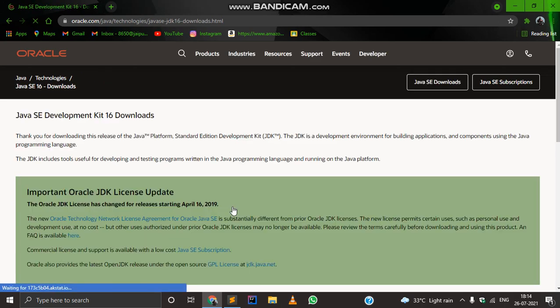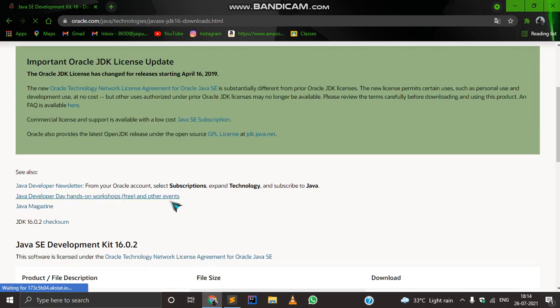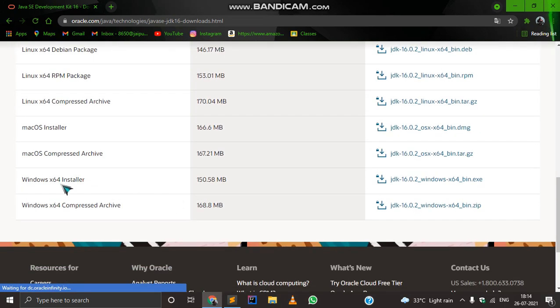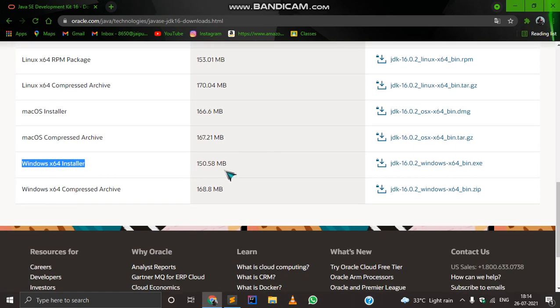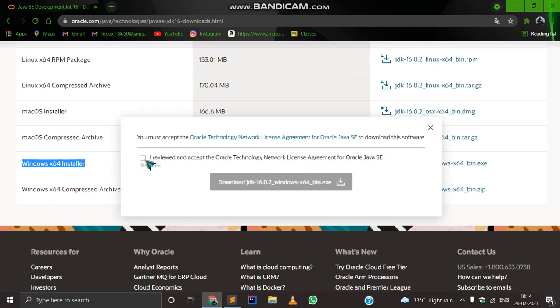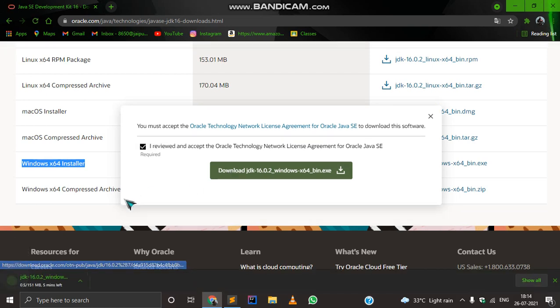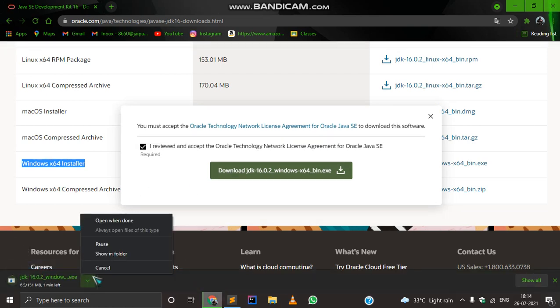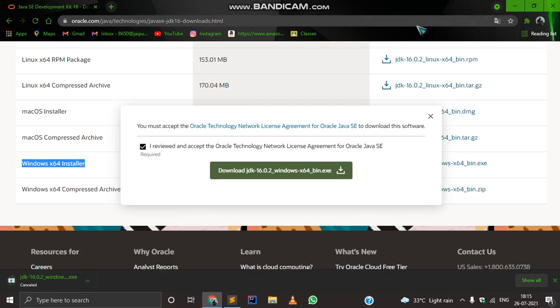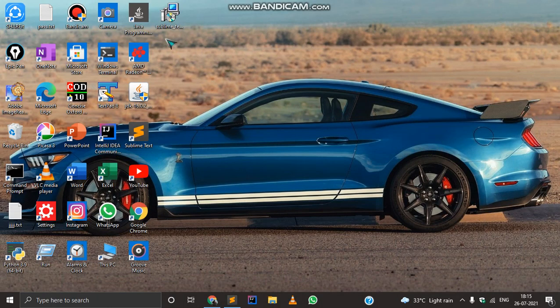Now go to the JDK download option and at the bottom you will be able to see this Windows 64 installer. Download this option. I am not going to install because I have already installed it. After installing, you will see this Java file in your download files of your computer.